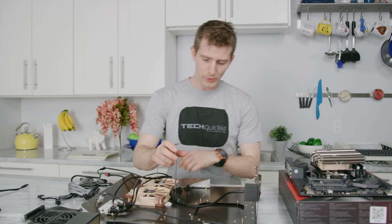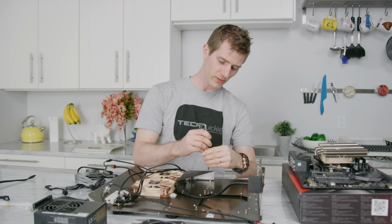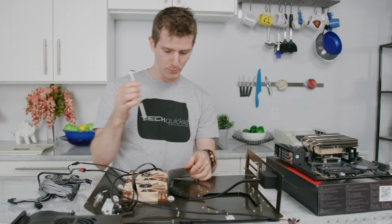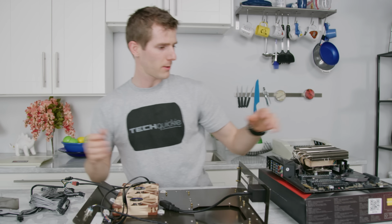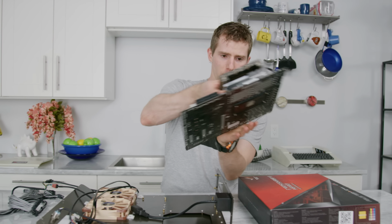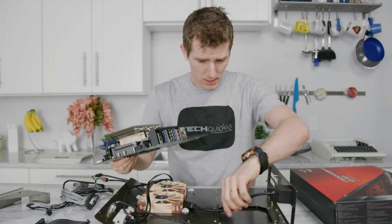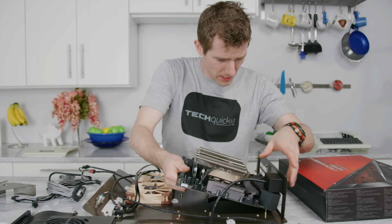So installing the motherboard is pretty straightforward. We just need to remove this cable management shroud at the bottom right of where the board goes. And our Ryzen test bench, complete with a Noctua low profile cooler with a 92mm fan on the bottom, should slot in a little something like